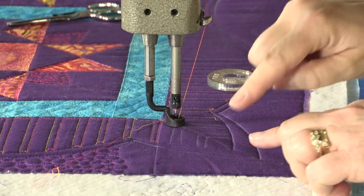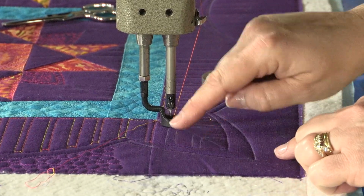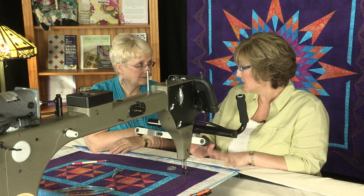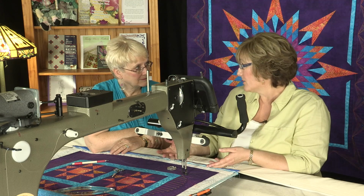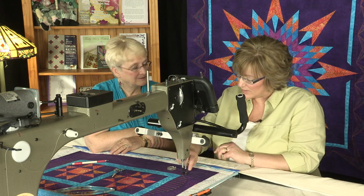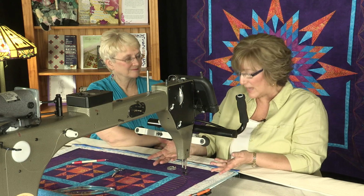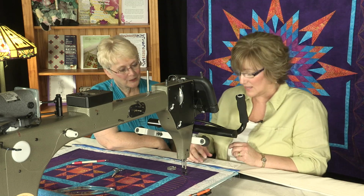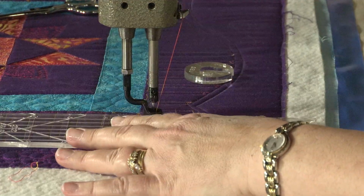Before I started stitching, I chalked a miter line and I chalked in where I want those straight lines to be, because you have to fudge them a little bit to make them fit the space. And rather than fudging as I quilt and maybe making a mistake and having to rip it all out, I'd rather chalk it, because then if it's wrong, I just rub away the chalk and chalk it in again, make sure that it's right. And then when I start stitching, I'm good to go. I know everything lines up. Terrific. So I'm just going to bump out, grab my straight ruler,